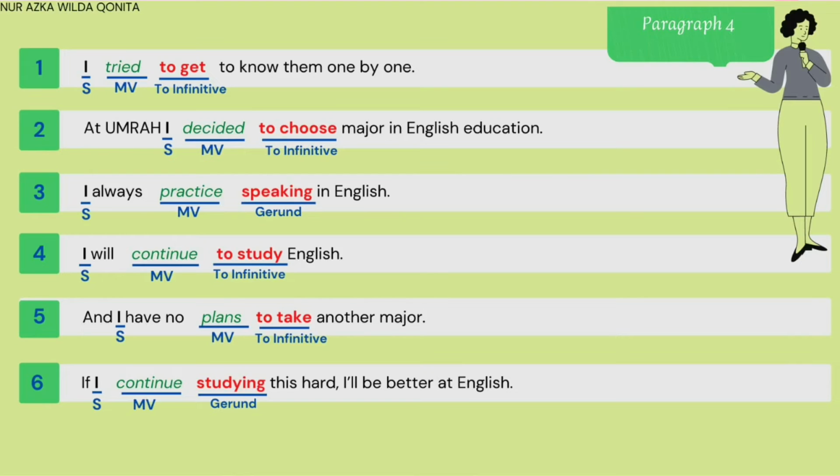I in here is the subject, plans in here is the main verb, and to take in here is the to infinitive. And the last one is, if I continue studying this hard, I'll be better at English. So I in here is the subject, continue in here is the main verb, and studying in here is the